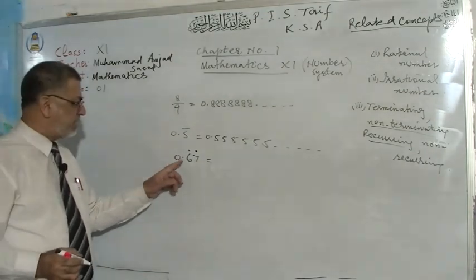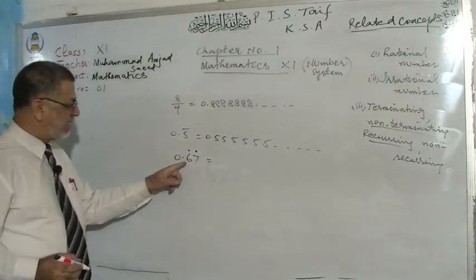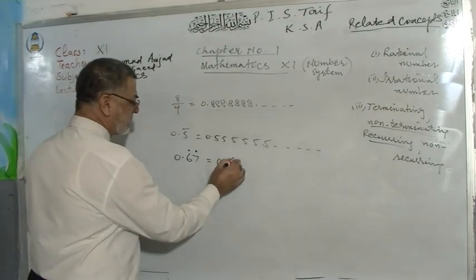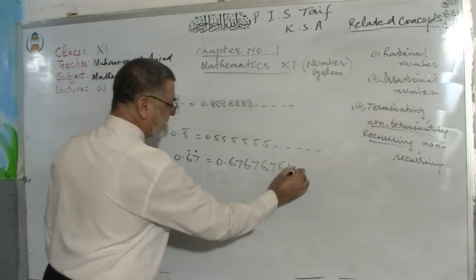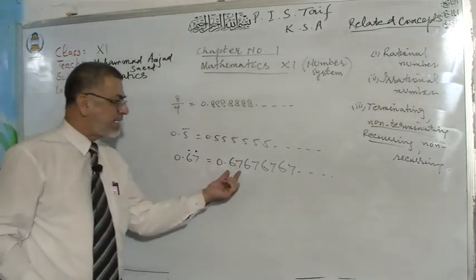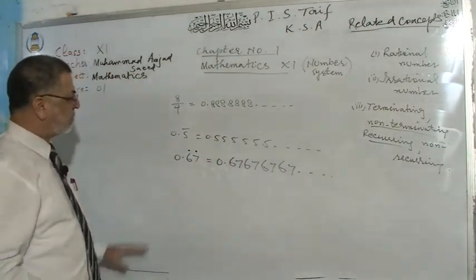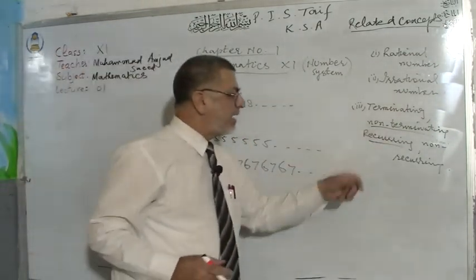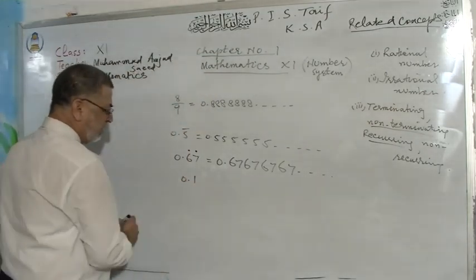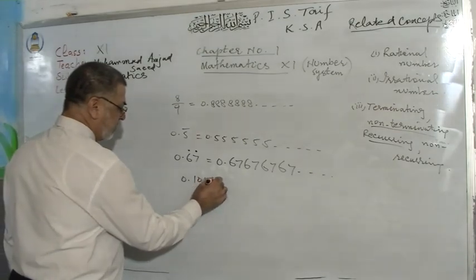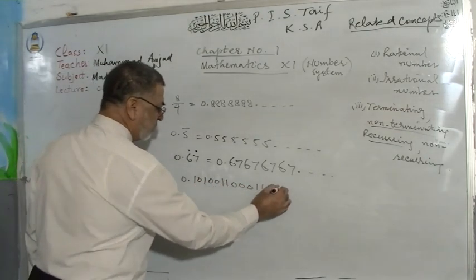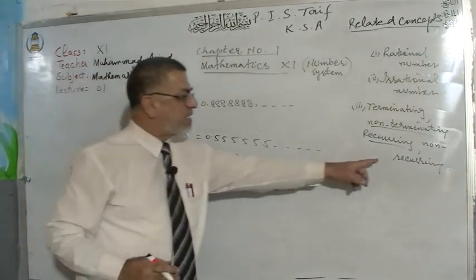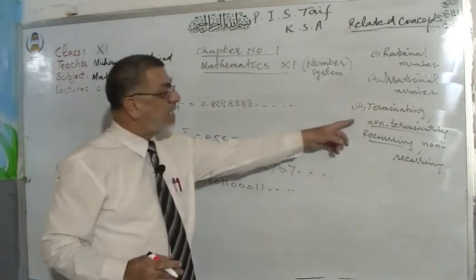In ninth class, it was written as 0.5 bar. In your first year syllabus, in chapter number 6, it is written as 0.67 with dots. It will be written as 67, 67, 67, 67. Now the block of 67 is repeated indefinitely. So this is known as non-terminating and recurring. Non-recurring means, for example, you are having 0.01010011000011. So this is different. You can see all numbers are different, no repetition. So this is non-recurring, but it is